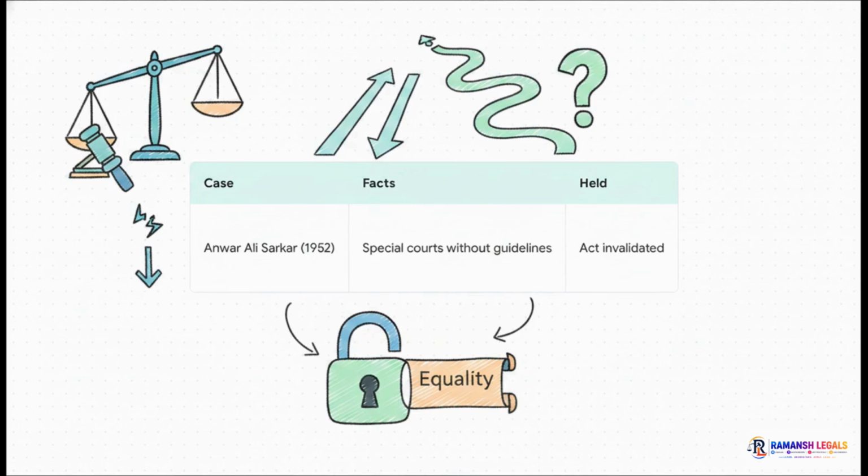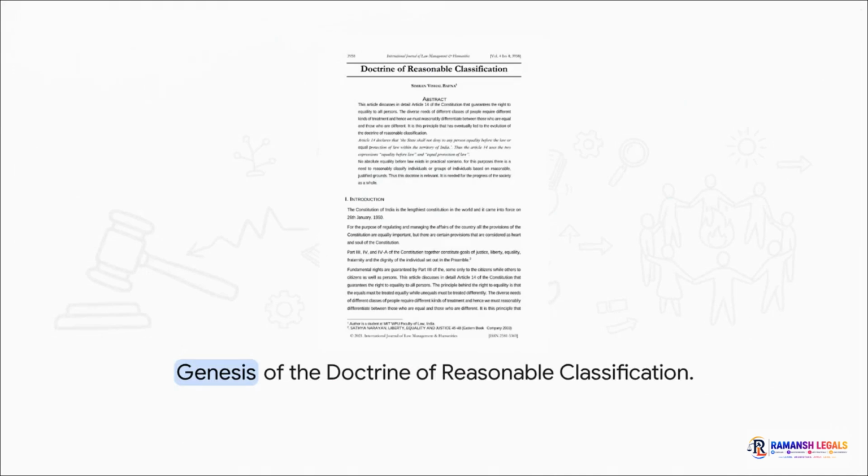They ruled it conferred arbitrary powers on the government without a clear basis for classification. It left things entirely to the uncontrolled discretion of the state, which is a clear violation of the guarantee of equality. This case brilliantly illustrates the genesis of our first major legal doctrine. Basically, Article 14 permits reasonable classification, meaning the state can group people or objects for legitimate legislative purposes, but it strictly forbids class legislation. Class legislation is when the state arbitrarily confers privileges on a specific group without any substantial